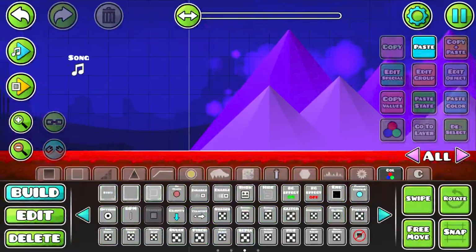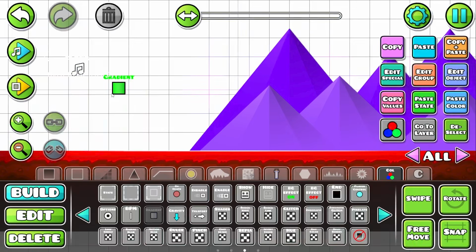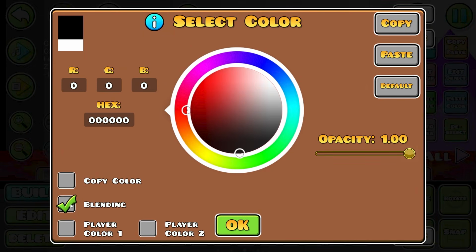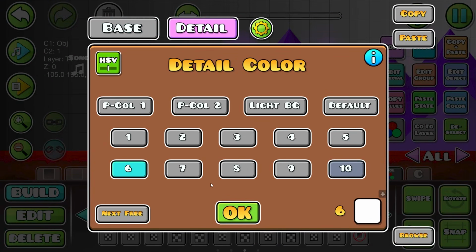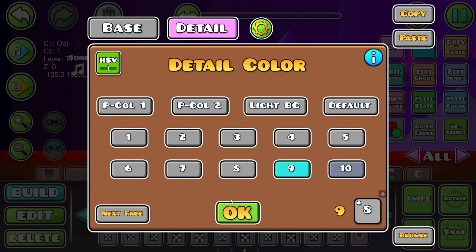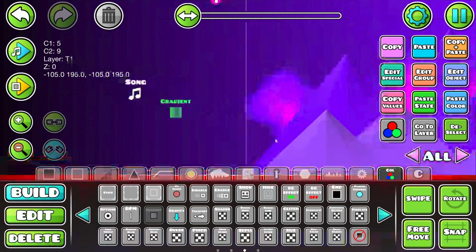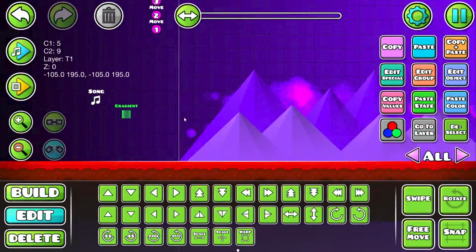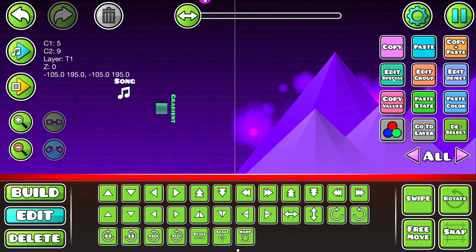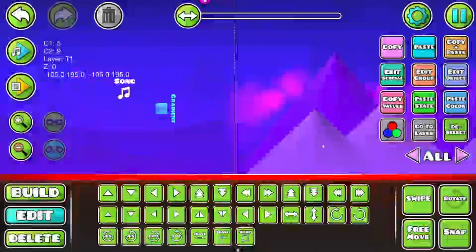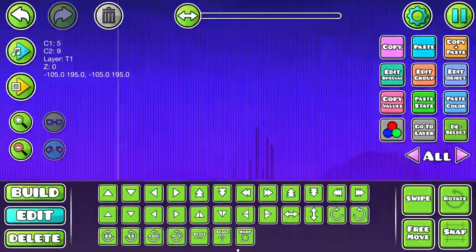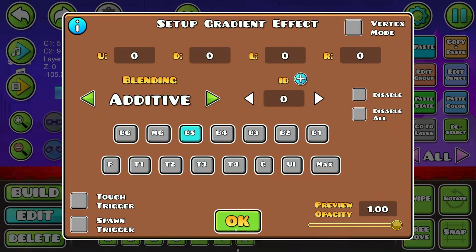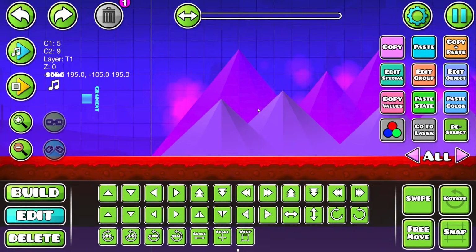And this is actually also important for our gradient trigger that we're going to add. So add a gradient trigger and edit object, give it 2 colors. So 5 is going to be black and blending, and detail, let's say you give it 6. Actually, let's do 9, the same color that we just did for the particles. And now you guys can see that we have a cool thing going on, and this already looks very, very nice. But we're gonna rotate this like that, and we're gonna go to edit special and make it additive. What this is gonna do is create this cool additive thing that you guys are seeing, and we're gonna make it so that it's on B5, so this way the gradient only applies behind